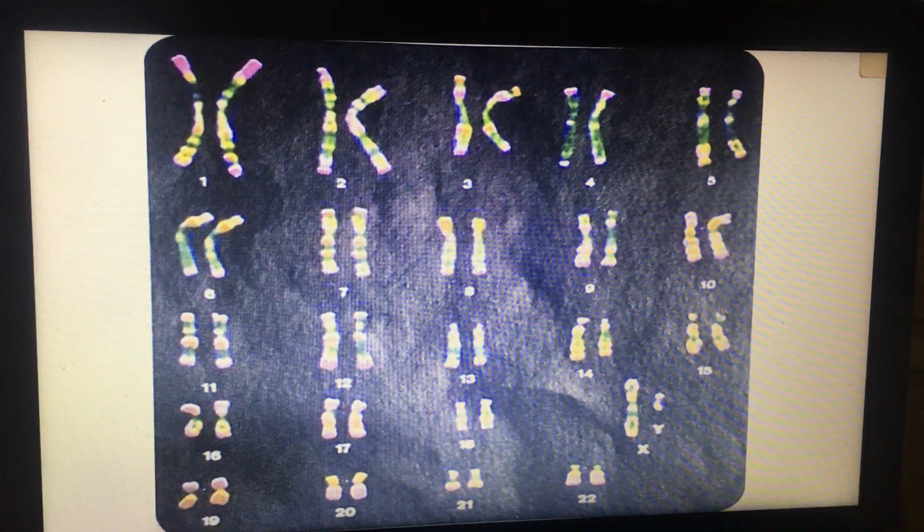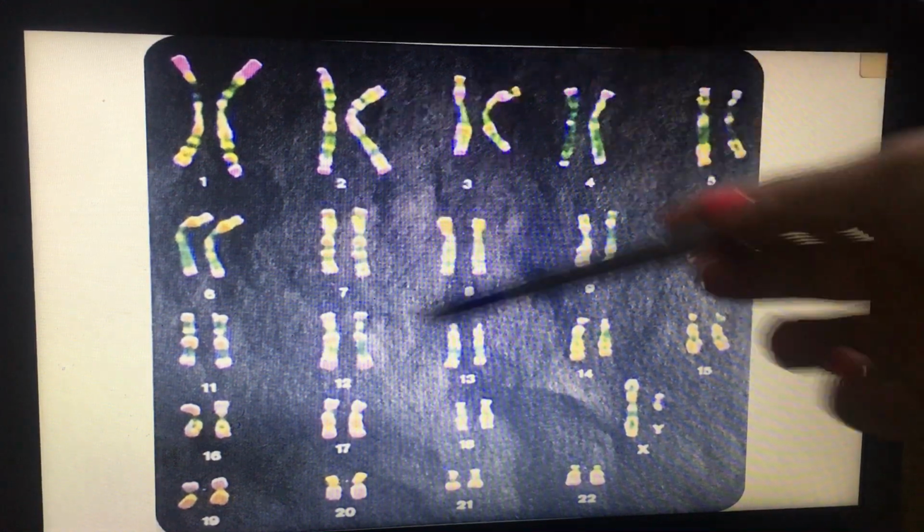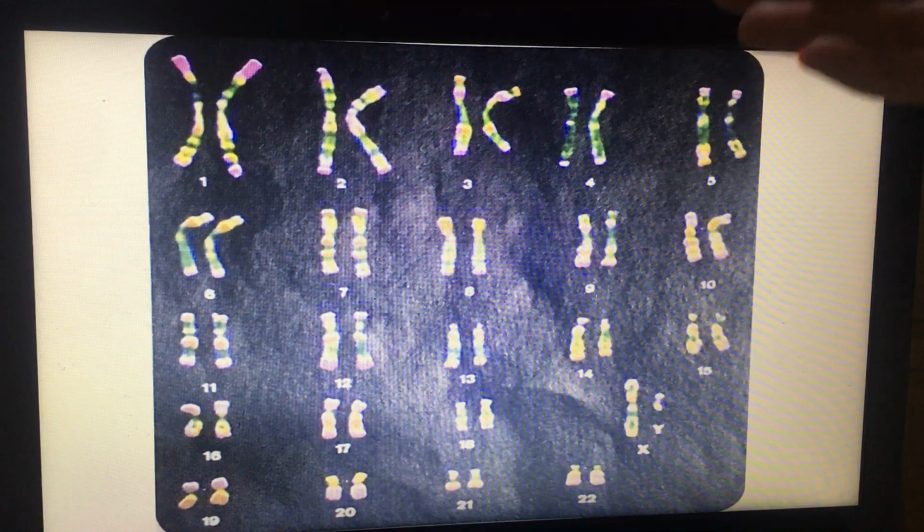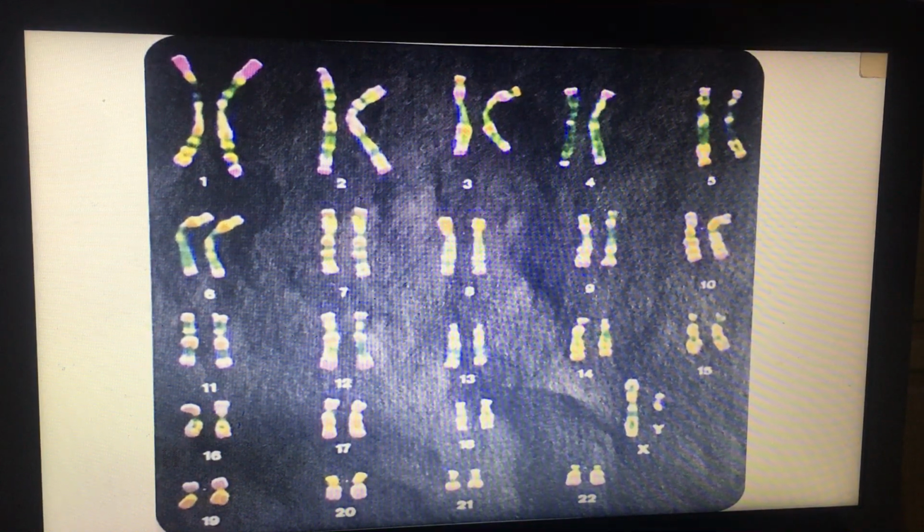you will find that we have a complete set of human chromosomes, which is called a karyotype. We said before that we have 46 chromosomes, which are 23 pairs of chromosomes. If you focus on the picture, you will find that all of the chromosomes are arranged in pairs,